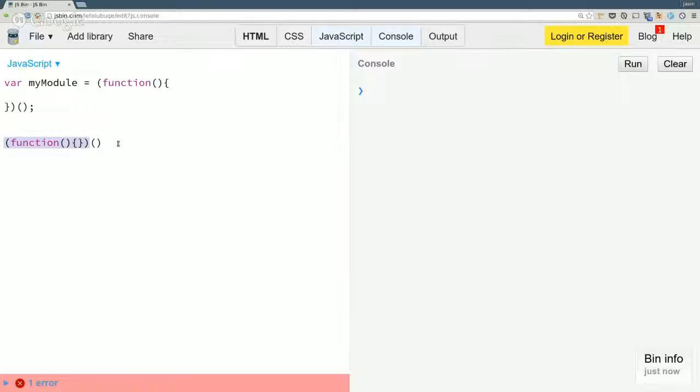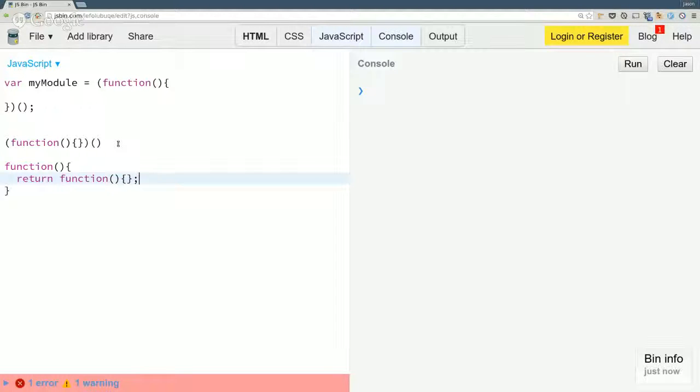So again, just to illustrate what this would look like, it's doing this. That's basically what's happening: we're truly invoking a function that returns a function.